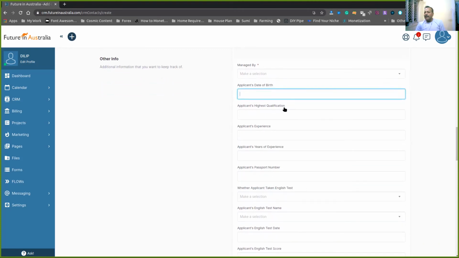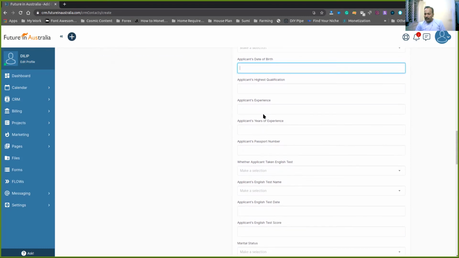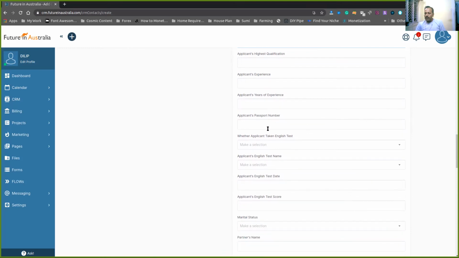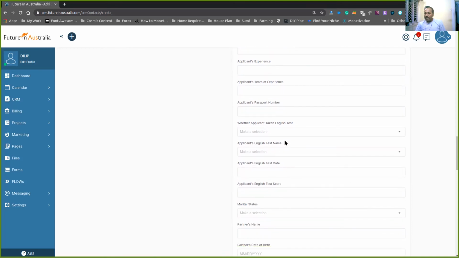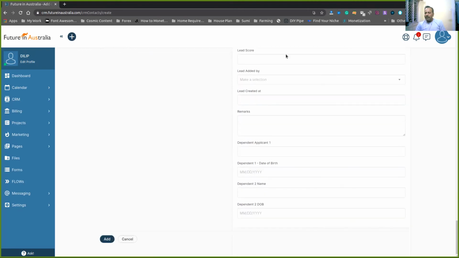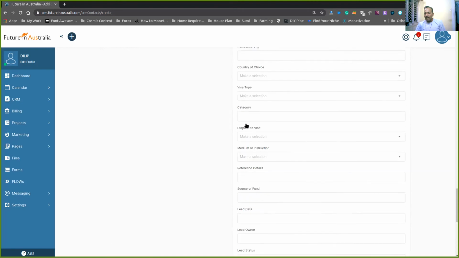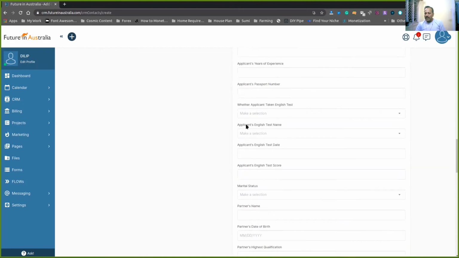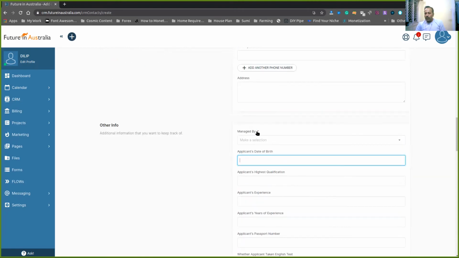Then coming to the next phase, the highest qualification, applicant's years of experience, applicant's passport number, and so on. You need to fill all this table. Now the fields which are star marked, you need to pay special attention to those.